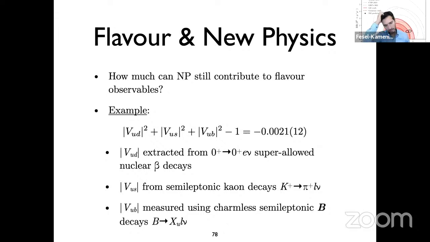The modulus of VUD can be extracted from superallowed nuclear beta decays, VUS from semileptonic kaon decays, and VUB from charmless semileptonic B decays. Putting all these measurements together, one sees that the unitarity of the first row of the CKM is respected down to almost a per mil level,